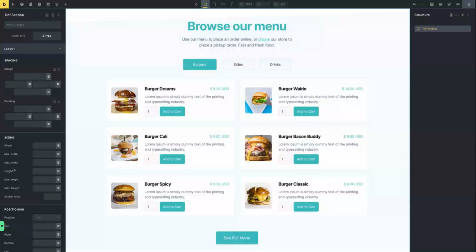Hi, and welcome to another video where I try and rebuild a Webflow website using Bricks Builder. And today we're going to tackle this tabbed